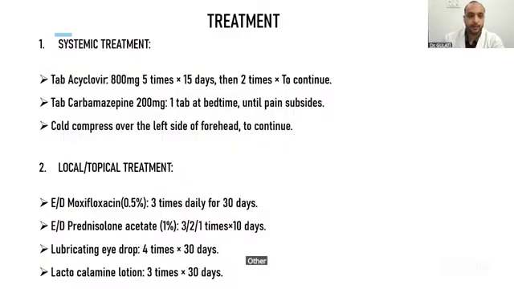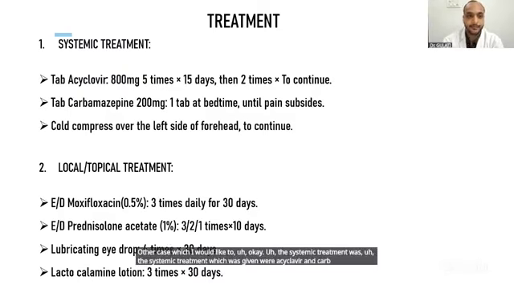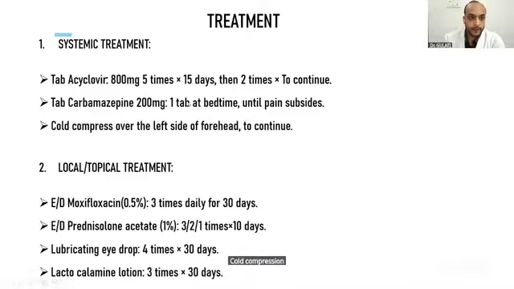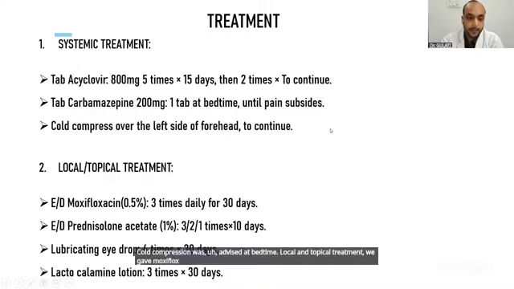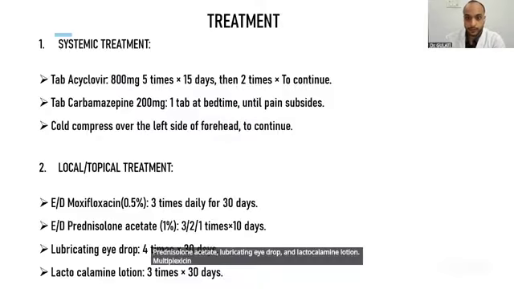Other cases, which I would like to answer. The systemic treatment which was given was acyclovir and carbamazepine. The antiviral, and the carbamazepine was given for the pain. Cold compression was advised at bedtime. For local and topical treatment, we gave moxifloxacin eye drop, prednisolone acetate, lubricating eye drop, and calamine lotion. Moxifloxacin was given for other